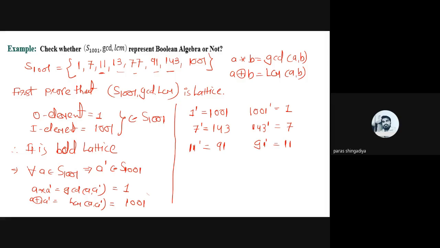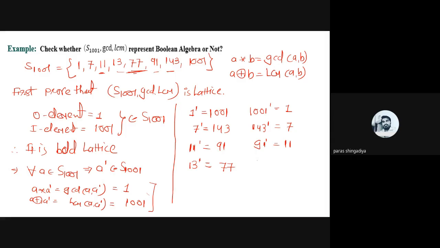And after that the next number is 13. So only one number is available there. Which number? 77. Okay, so the answer is 77, and we can easily prove it. Why is it 77? You cannot write it directly here, because we have to prove this condition. Which two conditions? The GCD of 13 with 77 is equal to 1, and the LCM of 13 with 77